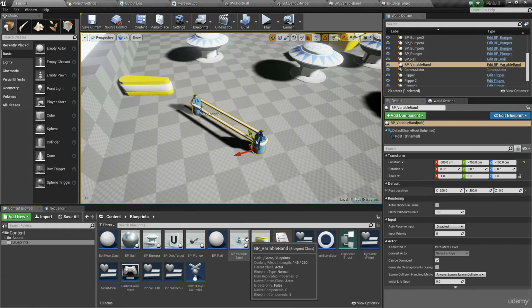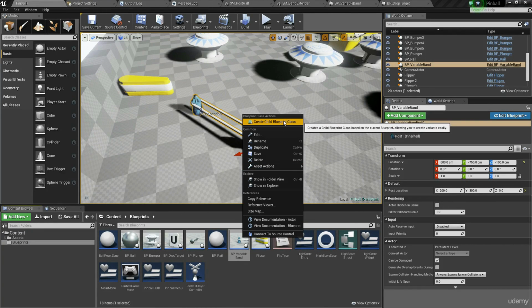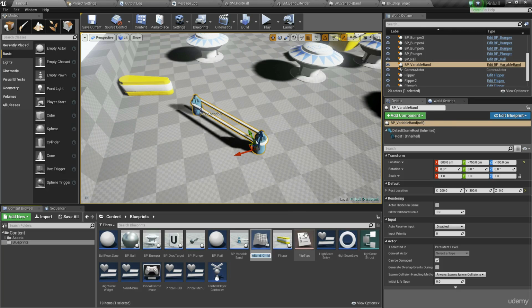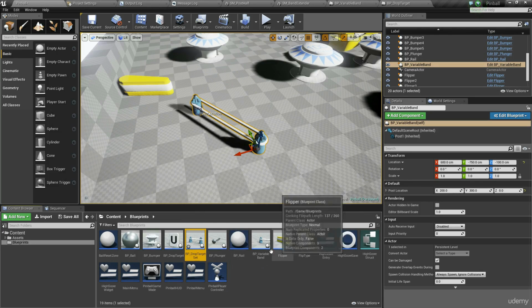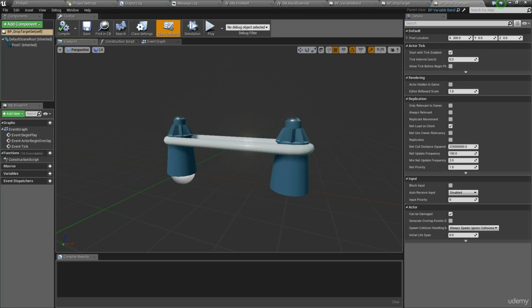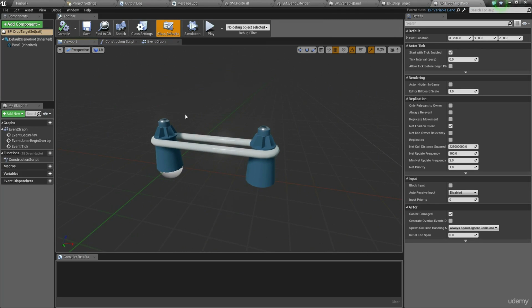So I want you to right click on BP variable band and instead go create child blueprint class. Now I'm going to call this BP underscore drop target set. Okay? And you'll notice that when it's created, it looks identical to a standard variable band, but there's more to it. So how this is going to work is I'm essentially going to add actors to this actor according to